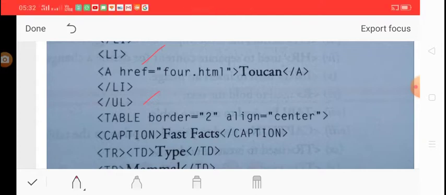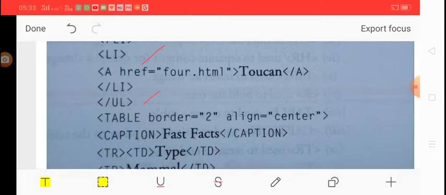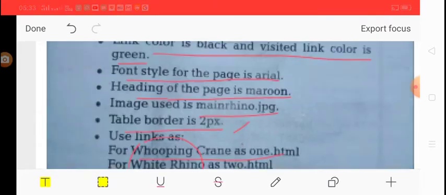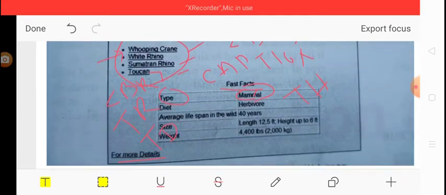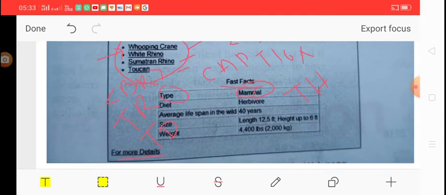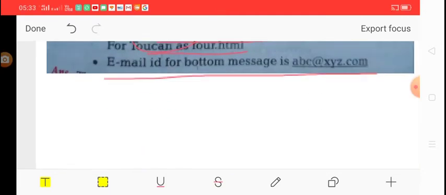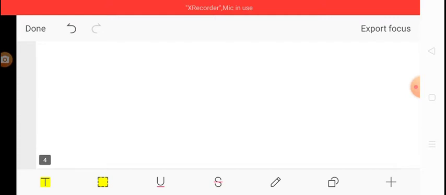Okay. Now we have already implemented the unordered list. Let us see what is next just after that. Now you can easily see here just after that there is a table, and there is a heading of the table also, and there are also the column headings, that is the type, MMLs, is also given here. So we have to implement it. Let us see here.